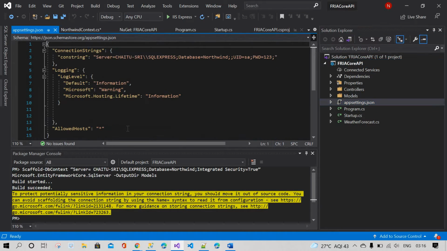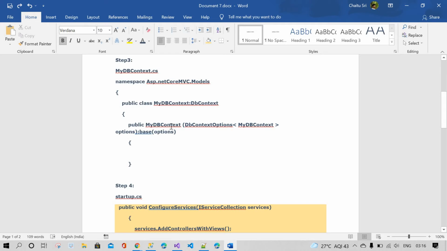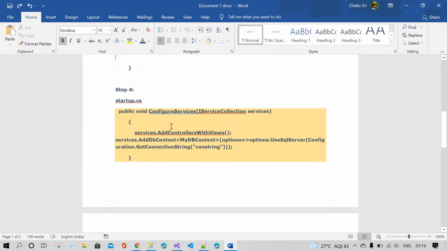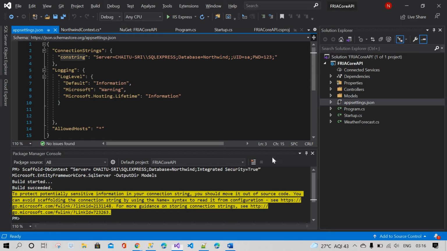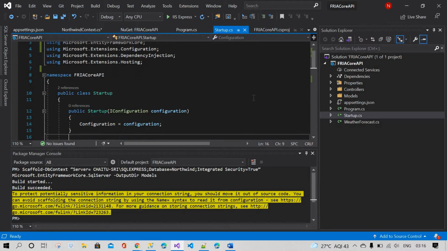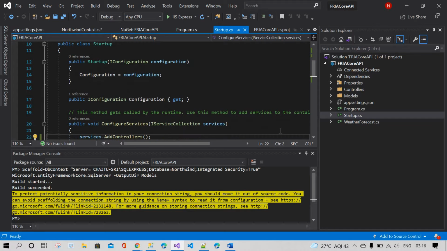This is appsettings.json. In this appsettings.json you can see the connection strings should be initialized here. We should not keep them inside the models folder, because that guards against production issues. After that, in the Startup class, everybody knows the Startup class is the entry point of the application. When you work with a console application, the static void Main is the entry point of the application. Here also the Startup class is the entry point of the application.